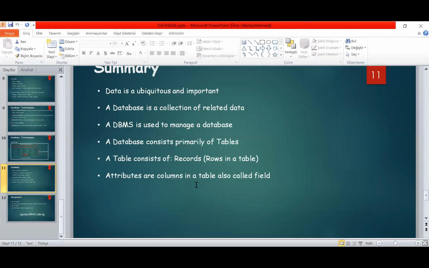Then a database consists primarily of tables. That is the most widely used. We have different types of database, and the most widely used is the relational database. A relational database is a table database, that is, the table format database. So that's why I said a database consists primarily of tables. A table consists of